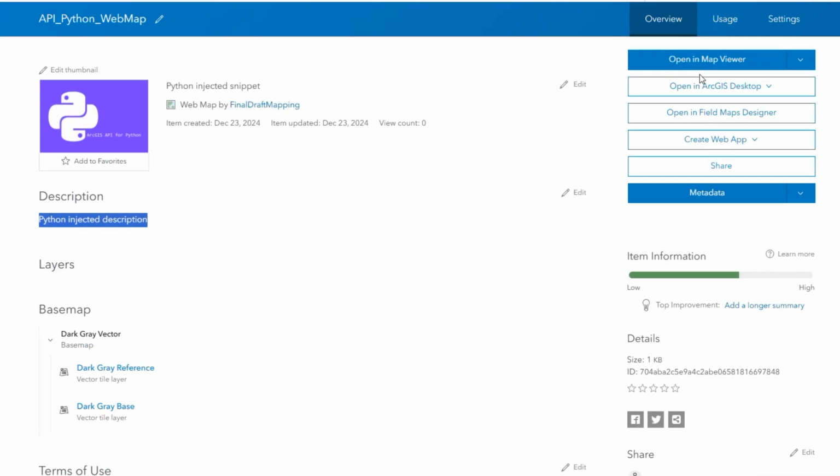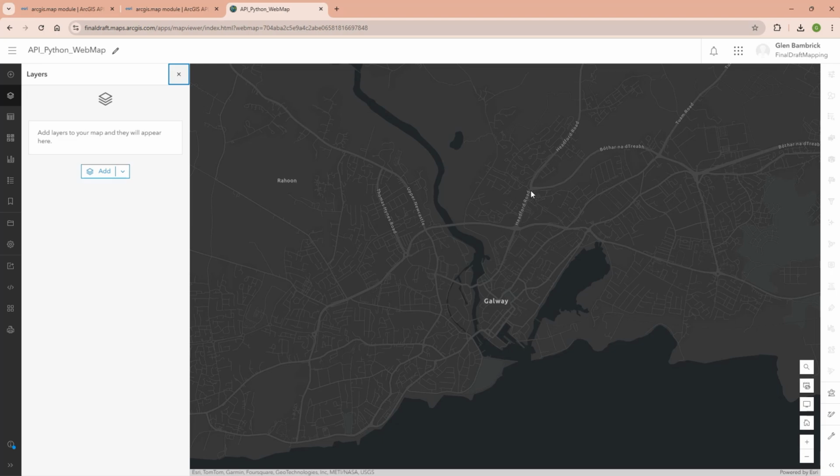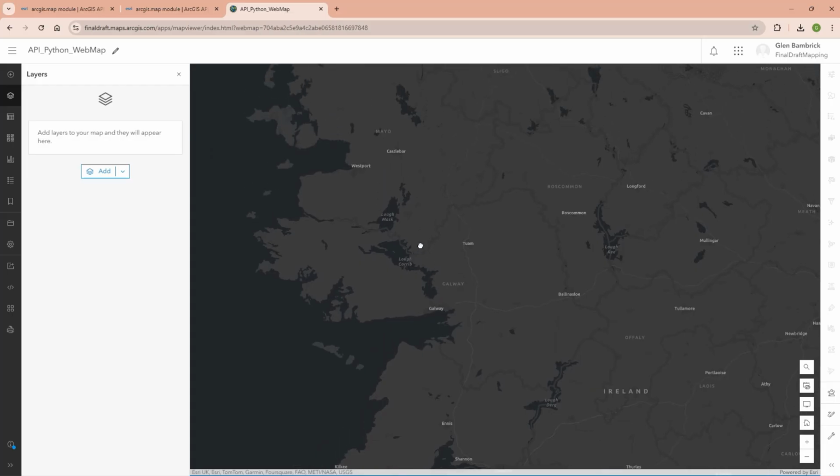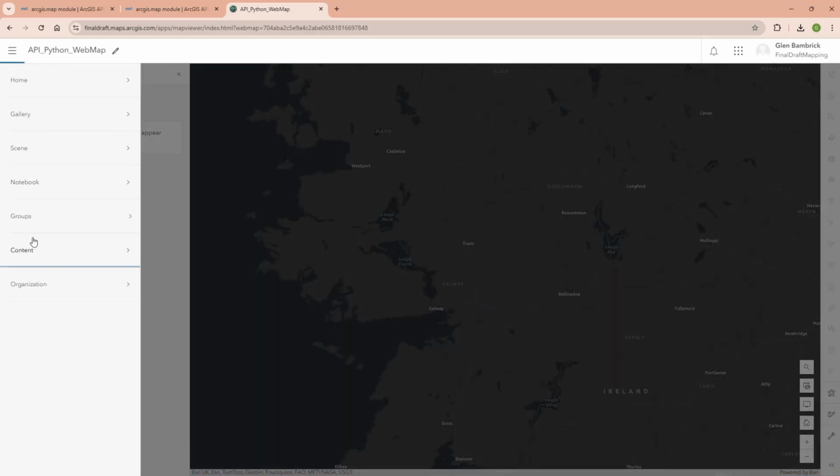Now let's open up in a map viewer and see that the extent was also set. And we can see we are centered on Galway in Ireland. If I zoom out, we can see a bit more of Ireland. Now we'll just pop back to our content